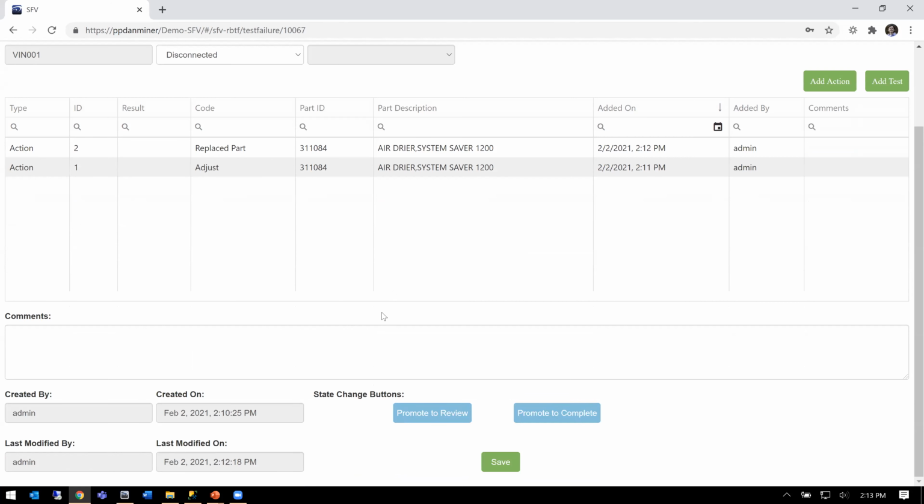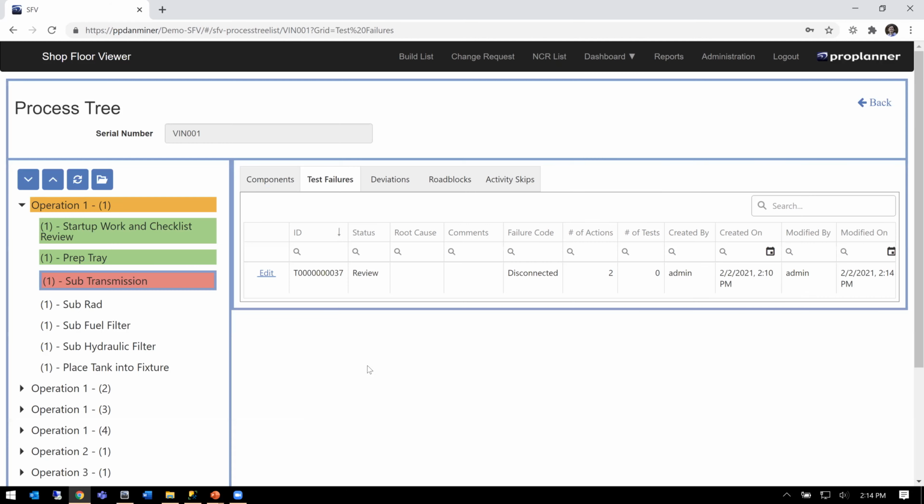From here, depending on my role within the system, I have the ability to complete some different actions as a part of this tracked test failure object. What I can do is say this thing cannot be finally signed off unless I have the ability to promote it to a completion status or to a review status. So maybe I'm a repair operator and I can promote to a review state, but the repair operator is not privileged to promote to complete, and that has to go to QA. So you can imagine that via these events, we can provide different users with different work